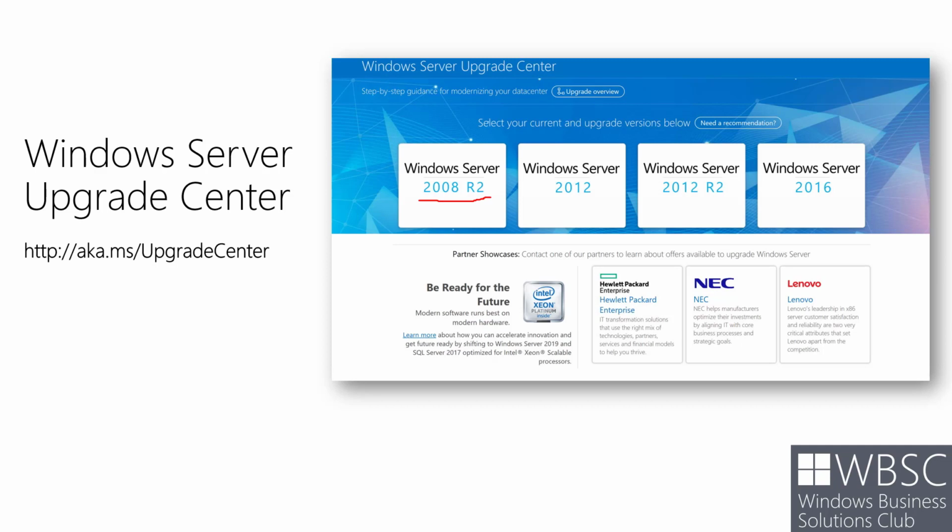So this is the selection of the source, 2008 R2, 2012, 2012 R2, 2016, and then we select our target, so for example 2016 or 2019. Then we get recommendations, additional links, tools that support us to be successful in migrating to the latest Windows Server version.